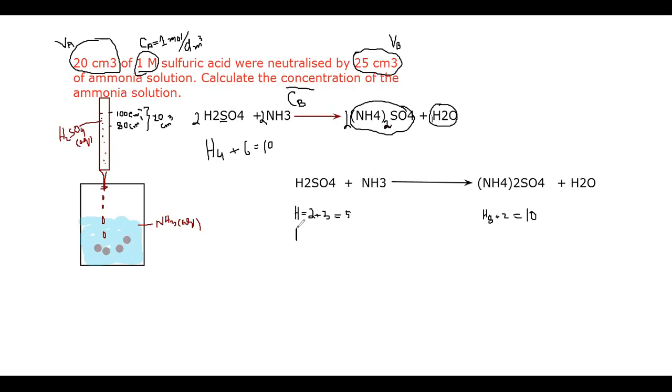So if there is only 1 nitrogen, what will I do? I will just place 2 here. It will become 2 3s are 6 and 4, 10. Now the hydrogen has balanced. अब देखें यहाँ पे बैलेंस हो गया है, पूरा बैलेंस्ड हो गया है. Now it has been balanced or not? The equation has been balanced.